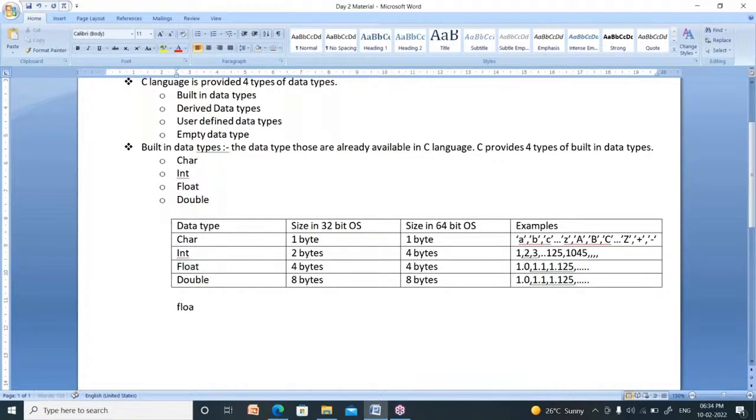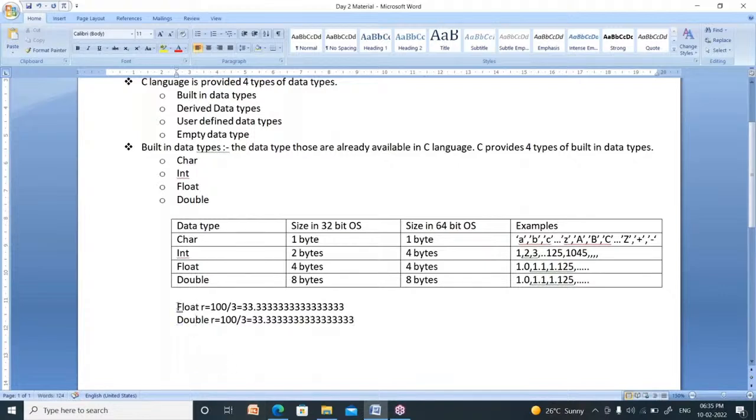If it is a float value, I write an expression like this: float result equals 100 by 3. I am creating a double value, double result equals 100 by 3. I am creating one more expression here. What is the result of 100 by 3? The result is 33.333333 and so on. What is the result of 100 by 3 here? It is also the same, 33.33333333 and so on.